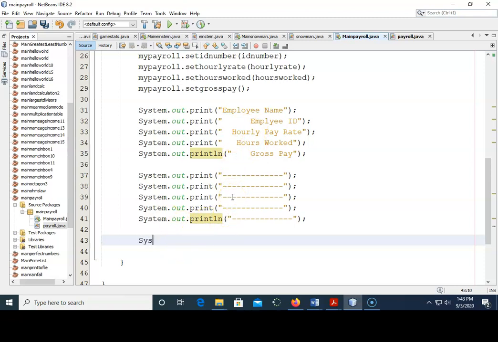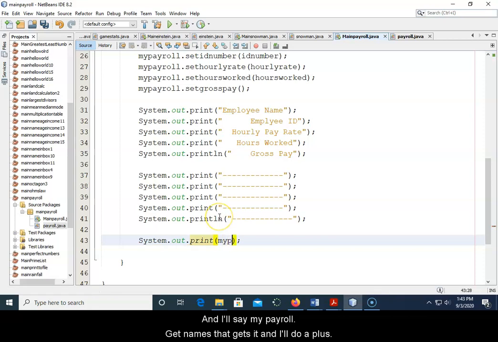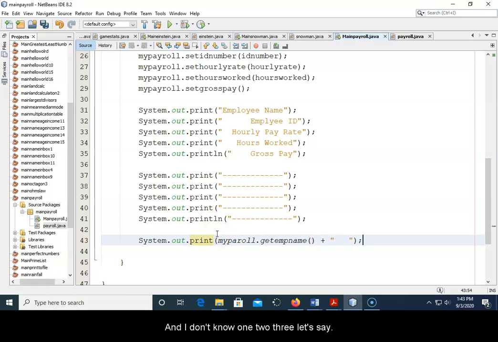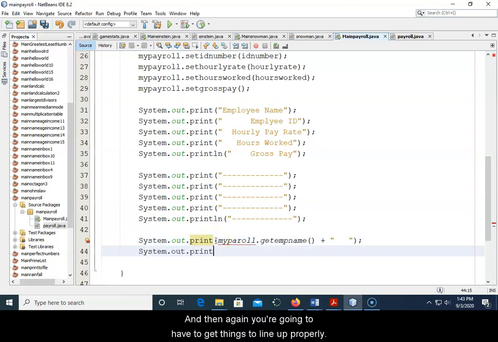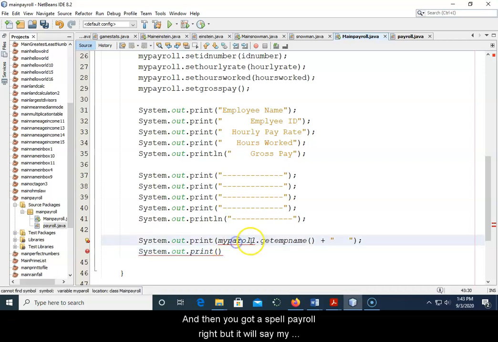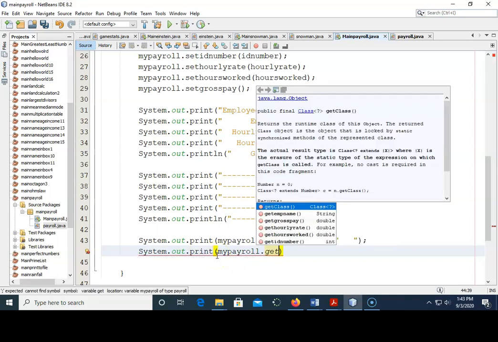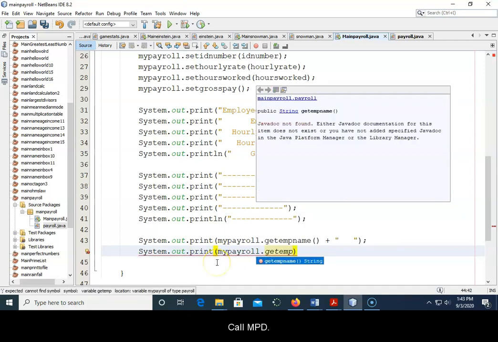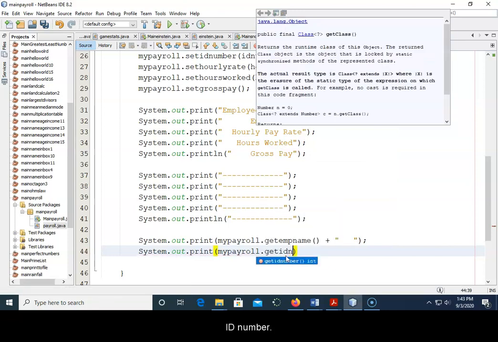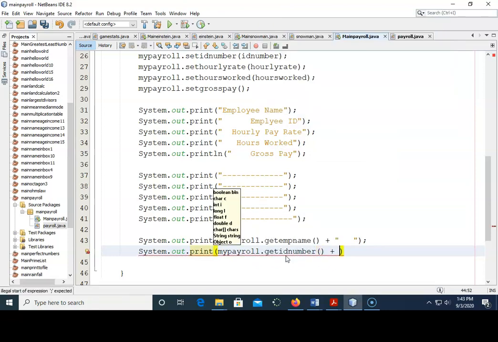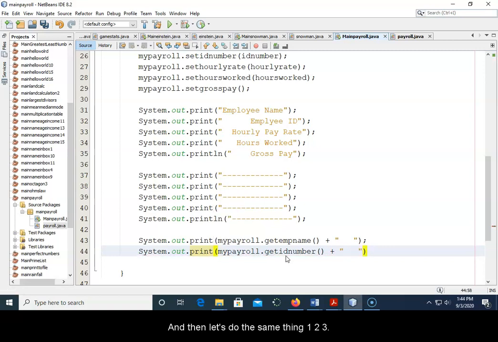So I'll say system.out.print, and I'll say my payroll.getEmpName, so that gets it. And I'll do a plus, and I don't know, 1, 2, 3, let's say. And again, you're going to have to get things to line up properly. And then you got to spell payroll right. But it'll say my payroll.get emp. Did I call it emp ID? No, I said get ID number plus. And then let's do the same thing, 1, 2, 3,